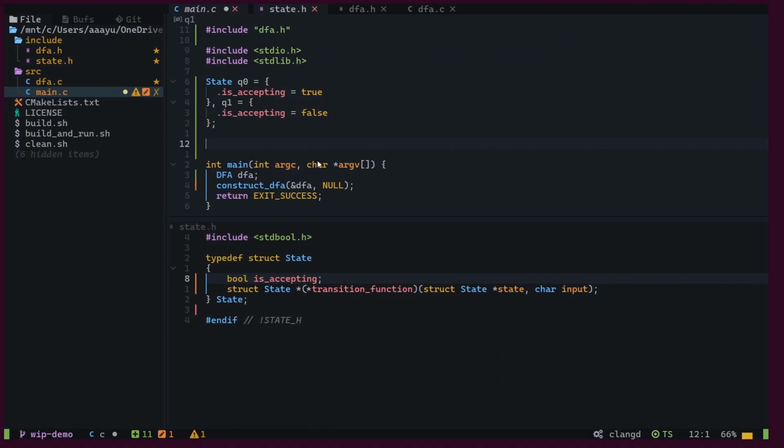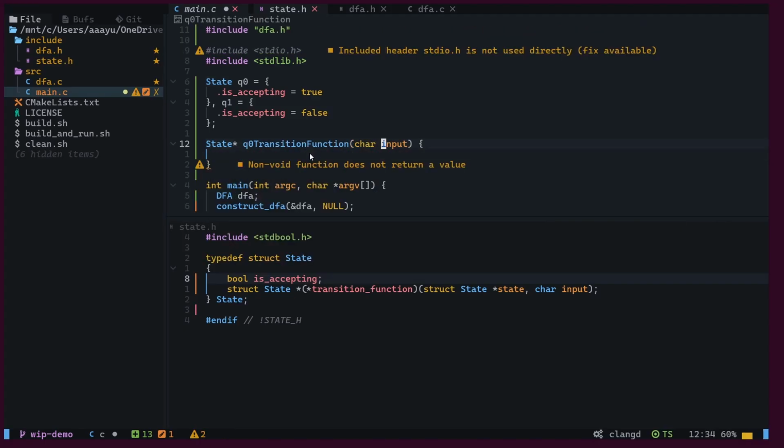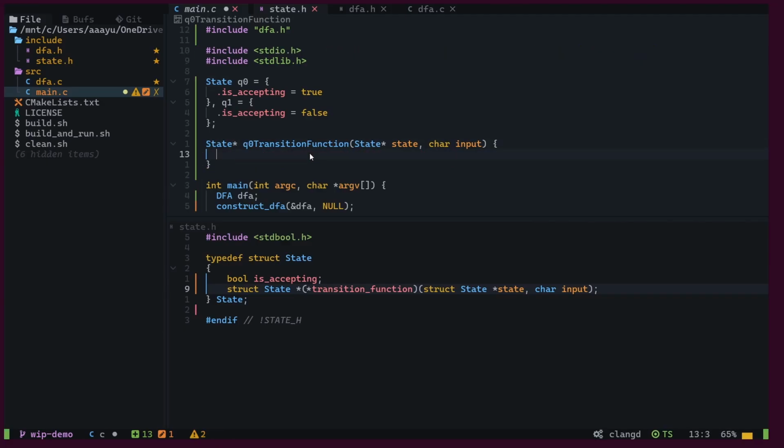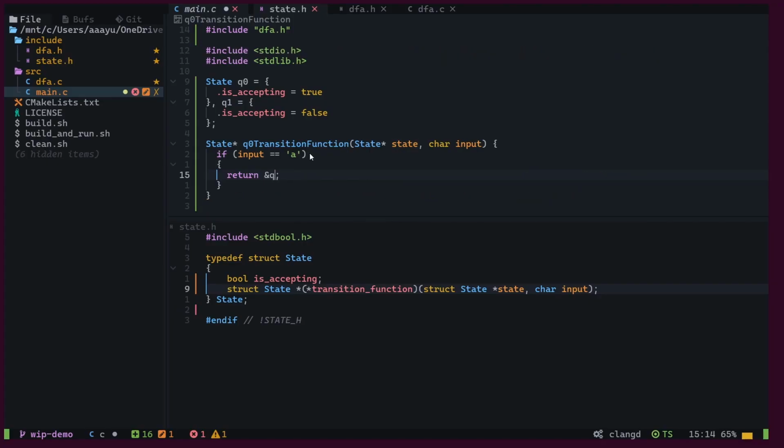Now what we need to do is create our transition function. The transition function for Q0, we are going to call it get Q0 transition function. It is going to return a state pointer, and it is going to take in an input of a character. It also needs to know the state information, so let's first call this state, which is basically the pointer to the Q0 state only. We will perform our transition logic in this function. If input equals a,